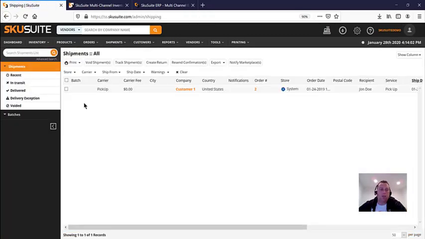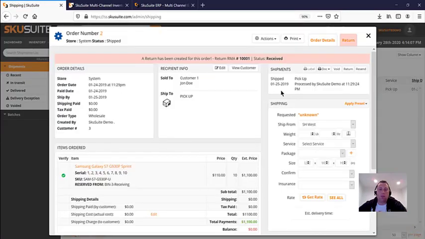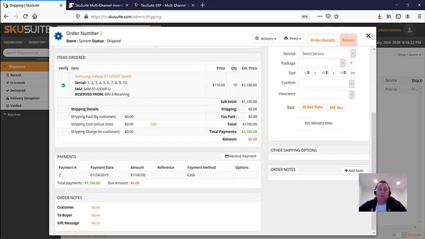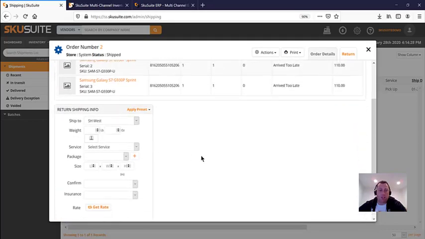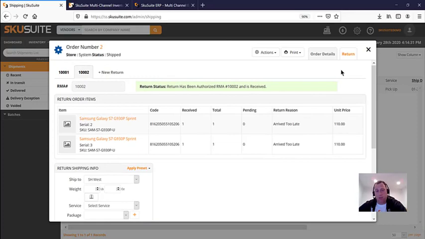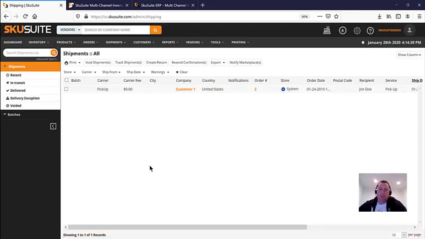So you have all the shipments, all the recent transactions, all the shipments that went out. You can view the labels. This is actually a pickup processed, and it shows you where it's reserved from, the serials that were reserved for this order in the verification process, and it was picked up and processed. So this is an example, and if you want to create a return, you have an RMA option, create the label straight to the customer. RMAs are very important to keep track of. Also, all the returns, the conditions of those returns, all things that your business really needs to keep really good